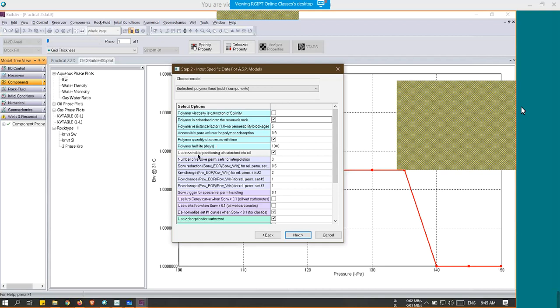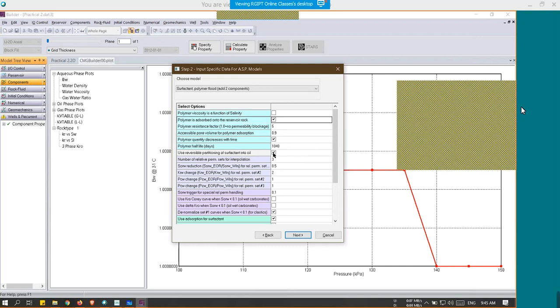And then these next options are related to the surfactant flooding, like if the surfactant is partitioning into oil or not, and if the surfactant is having reversible partitioning from the oil. This basically means that the surfactant reduces the IFT by getting adsorbed at the oil and water interface, but at higher concentration it can also enter into the oil phase. So whether it is entering into the oil phase and if there is a reversible partitioning or not. If we have that data, and we know that that is happening, we can select it, or